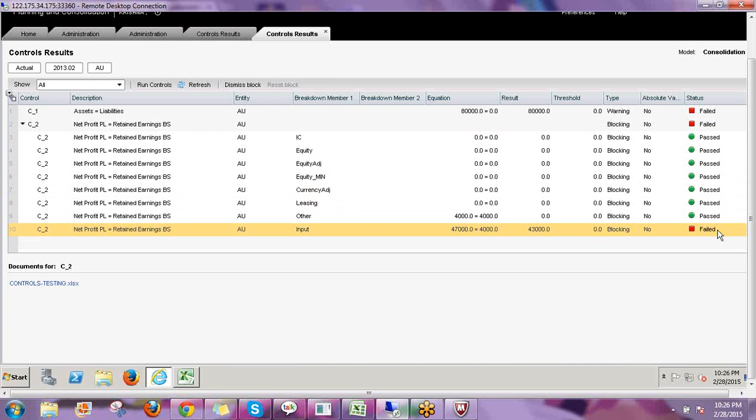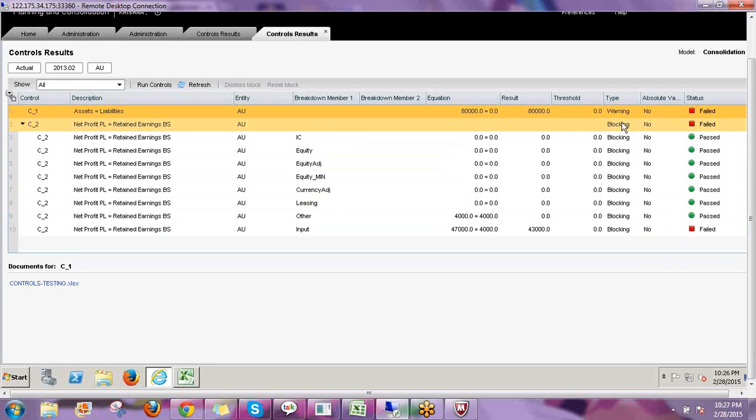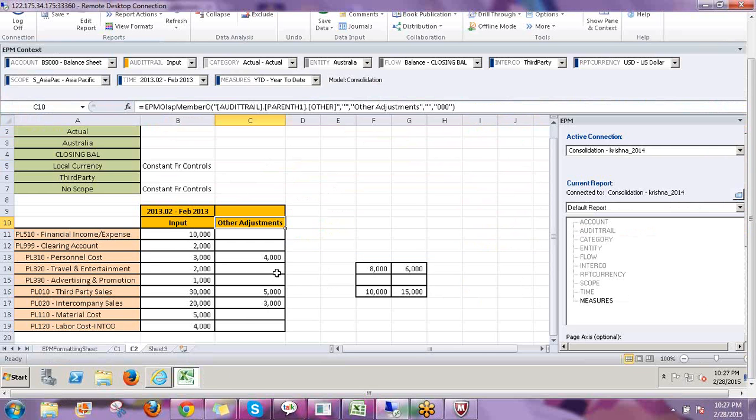If one of the things has failed, it will show as failed, because this is a blocking thing. And even though the others are satisfied, if the blocking is failed, it will show as a blocked criteria in your home screen. Now if it is a failed status, now what we will do, we will make this as